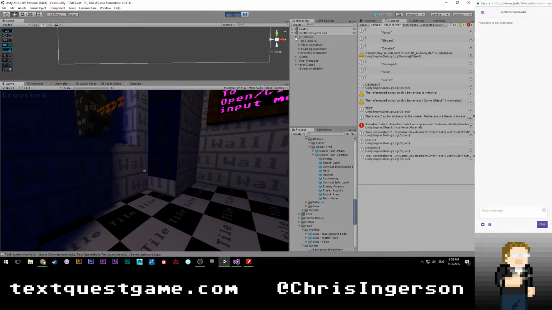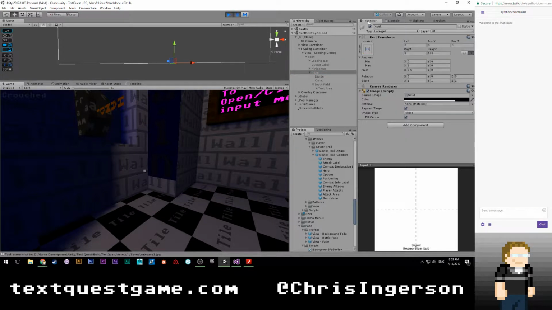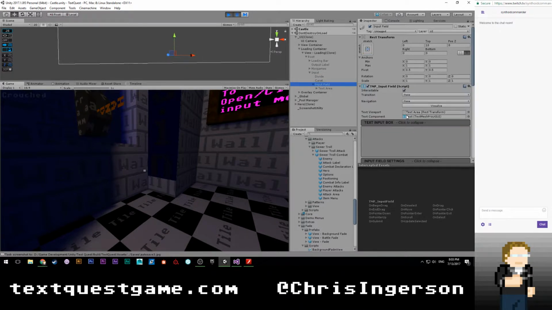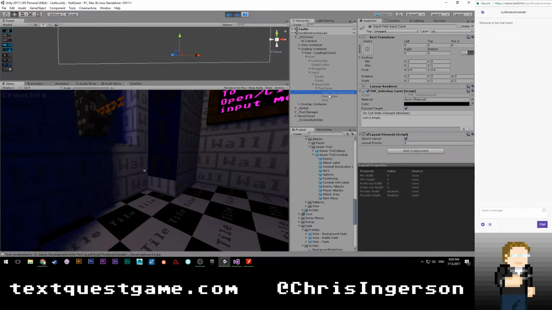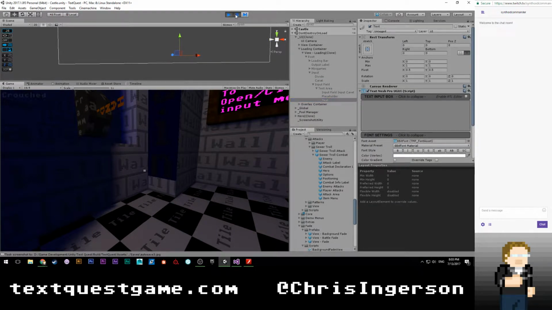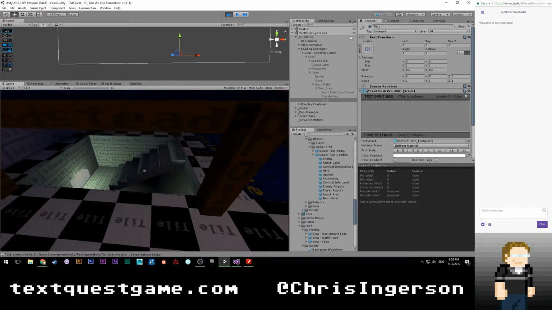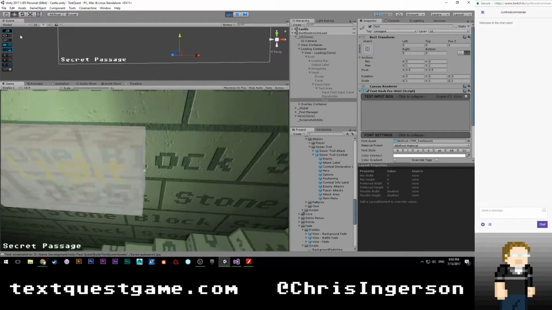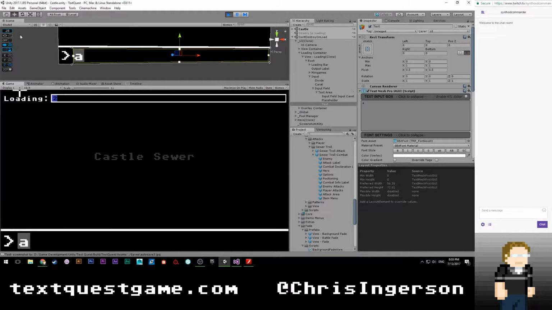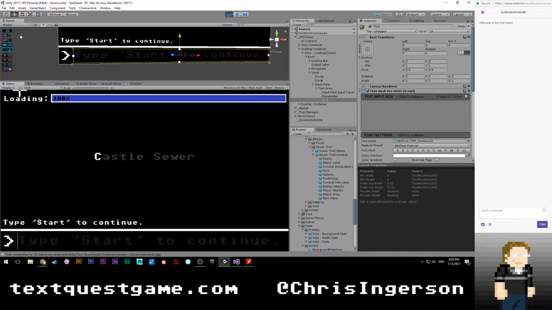Okay, let's go over here to our UI. Loading container view. Input. Alright. Input field. Okay, good. I was a little worried that it was typing while I was walking around, which would have been really annoying. So that does not seem to be the case, fortunately. Let's try going back downstairs, seeing if we still get the W issue. I'm actually going to do sideways, so I know it's... Yeah, so it's just holding A. Huh.